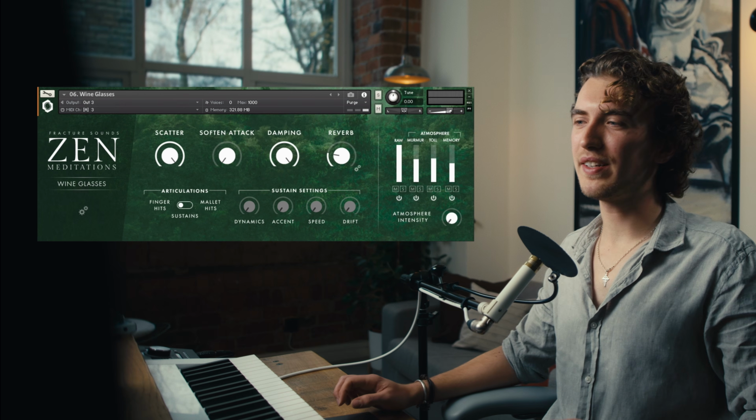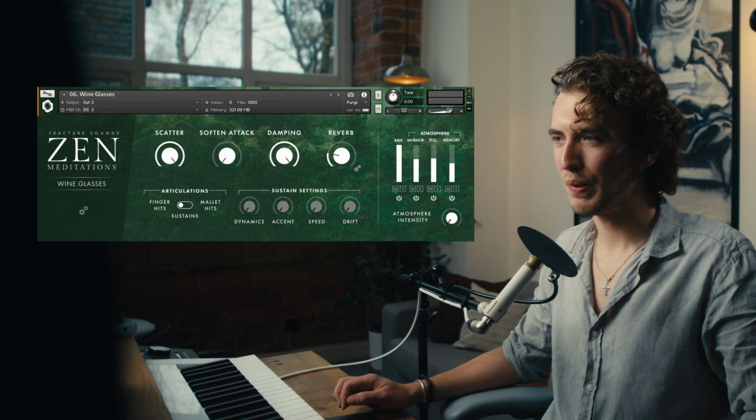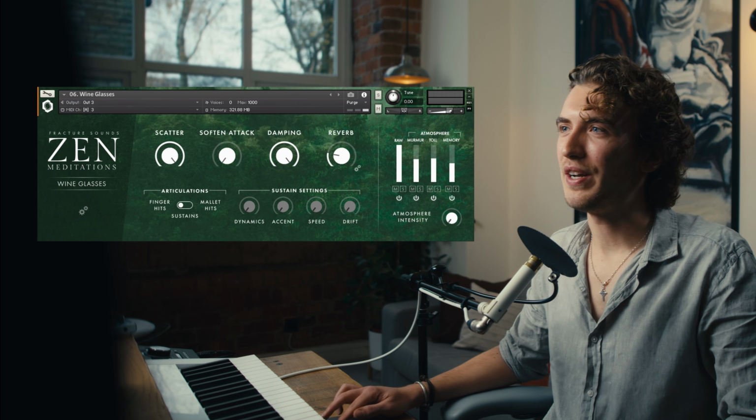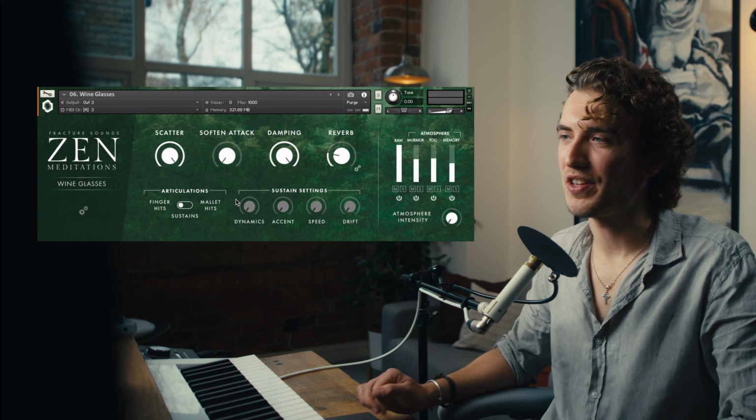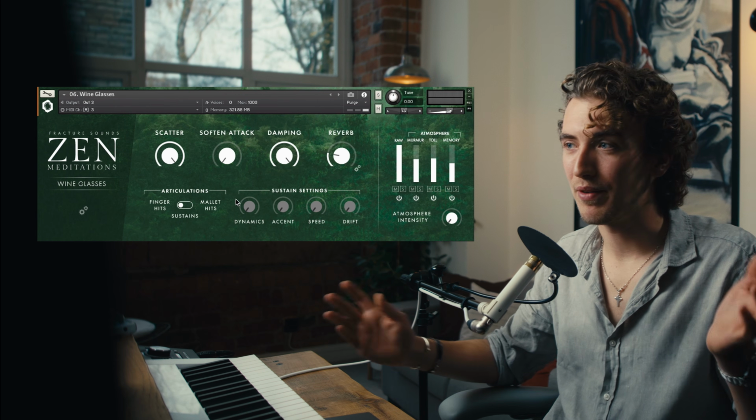And then I used the wine glass finger hits as a sort of super high frequency hi-hat, which I have on loop quite quietly. You don't really hear the notes in the piece, it's just more that tapping sound. I did turn up the scatter though to introduce some variation so they pan around a bit more